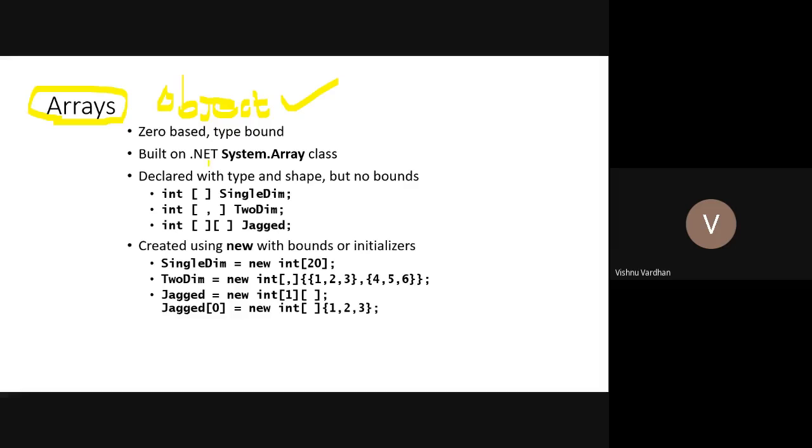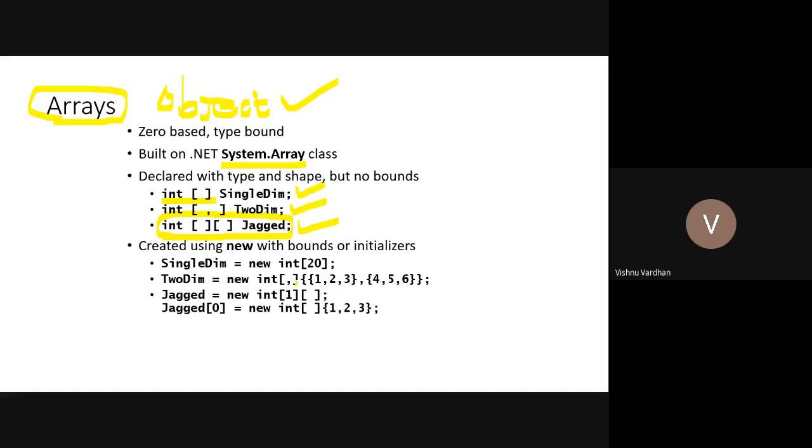Arrays are built on the System.Array base class, and different types are there. The first one is single dimensional, which you generally find in all the programming languages, and some are two dimensional, and some are multi-dimensional, which are called jagged arrays. Multi-dimensional array usage is very low because we generally do not see these kinds of implementations. They tend to be highly complex whenever you are creating content with these jagged arrays.